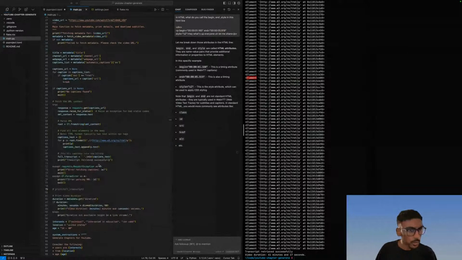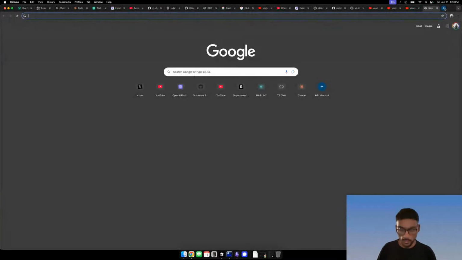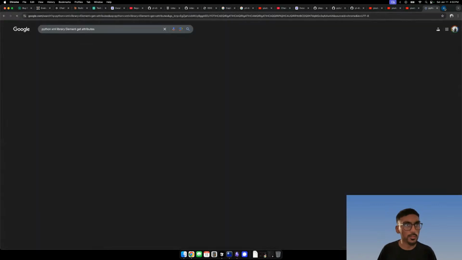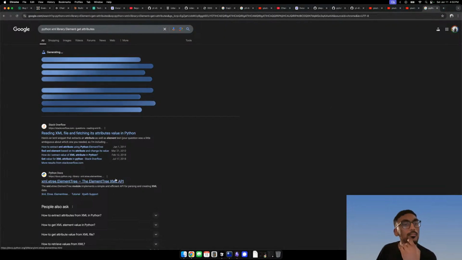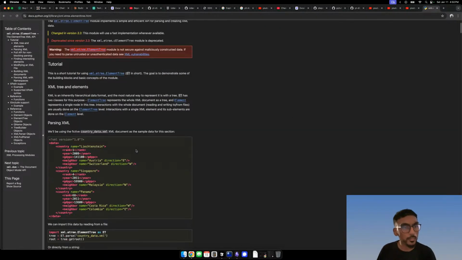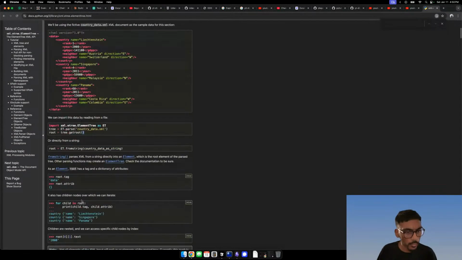So, Python XML library element get attributes. Element tree. Get root tag, root dot attributes. Cool. Child dot tag and attributes. Tag and attributes. I wonder. Let's just try that.